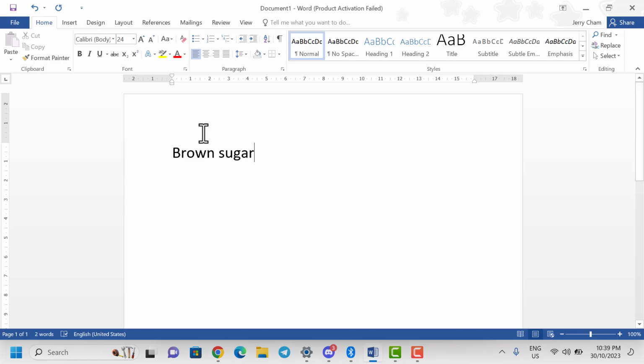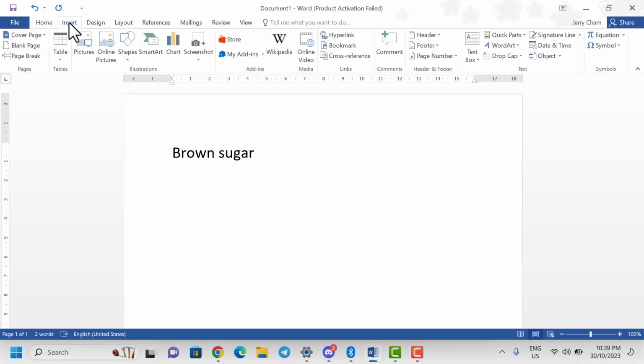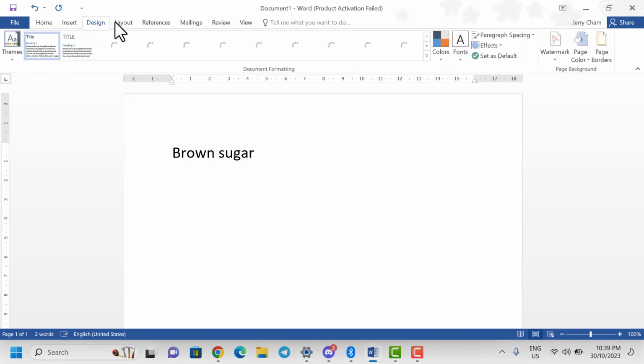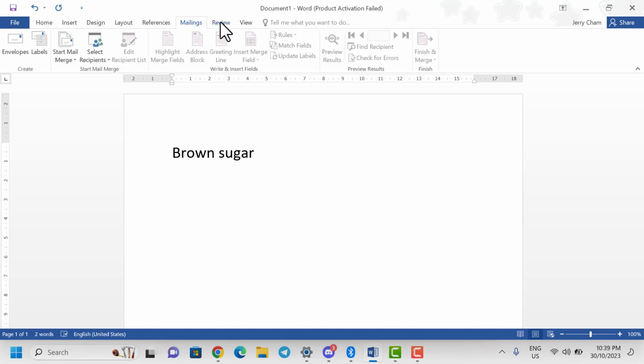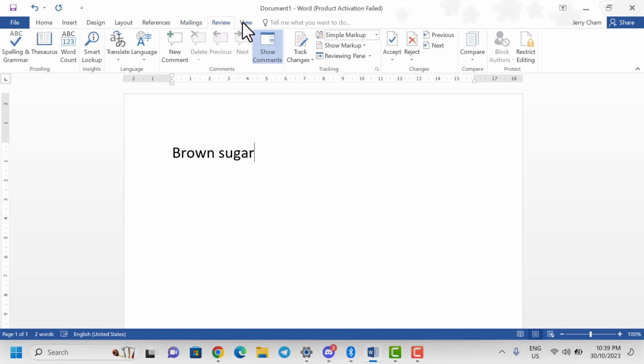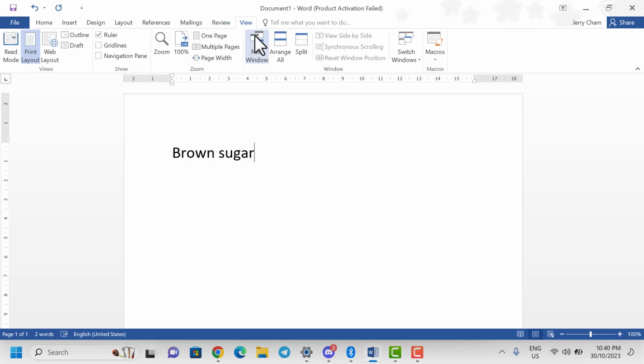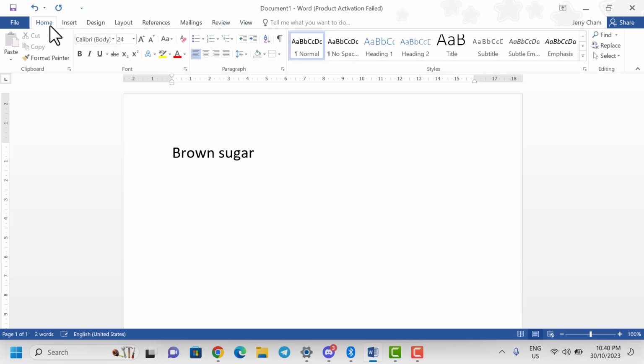Okay, in this segment we are going to look at the ribbons in Microsoft Word. We have the home ribbon, the insert ribbon, the design, the layout, the reference, the mailing, the review, and the view. So going back to the home,